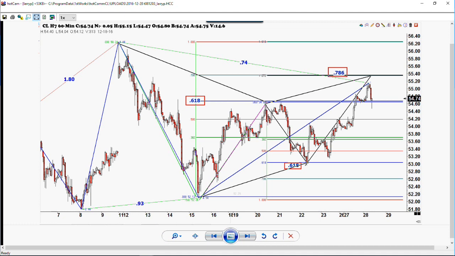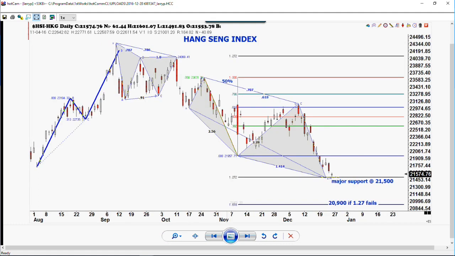Someone's asked a question about the Hang Seng. Last night, the Hang Seng went down to the exact target of 21.50, and we closed 200 points higher. So that low has held in the Hang Seng so far. And since we're over this new moon, we would assume that this was probably a pretty good bottom in the Hang Seng, and we could get a pretty substantial rally. But anything below